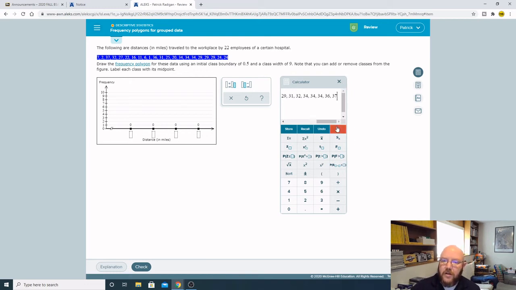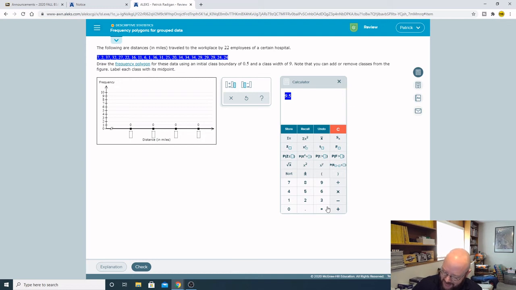0.5, and that one's going to go all the way up to 9. Or no, it's going to have a class width of 9. So 0.5 plus 9 is 9.5. So 0.5 to 9.5. Next class is going to be 9.5 to 18.5. Yay, mental math. Next one is going to be 18.5 to 27.5. Next one is going to be 27.5 all the way to